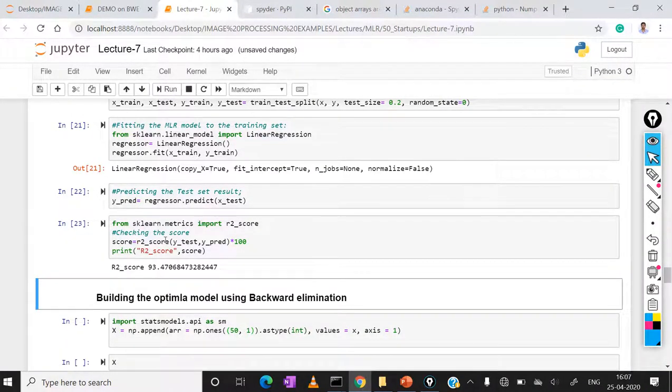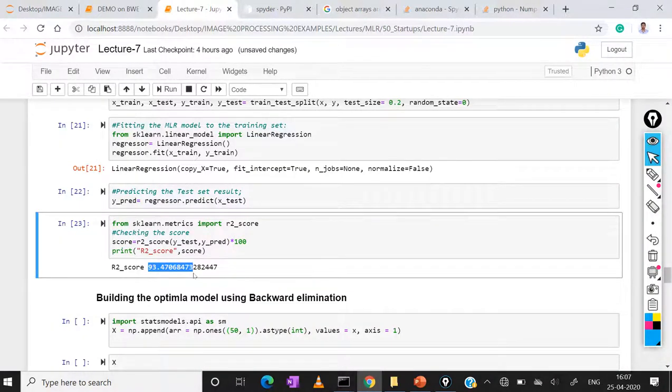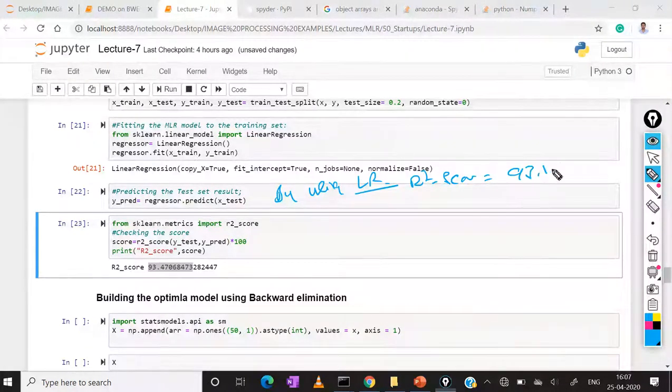My model gave the result 93.47. So by using linear regression, the R2 score is 93.47.